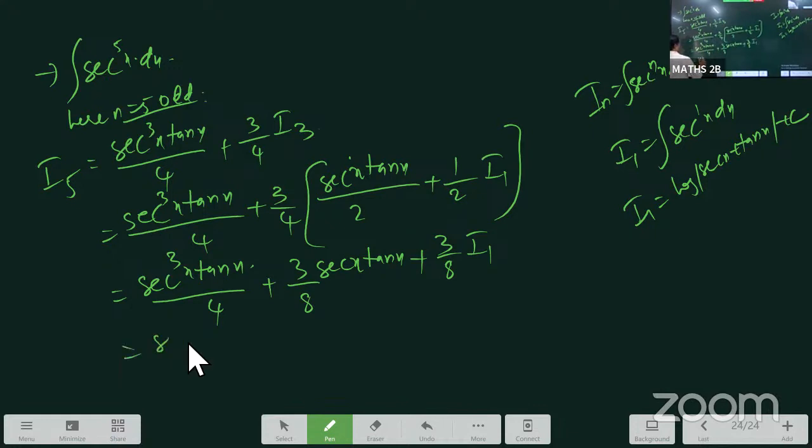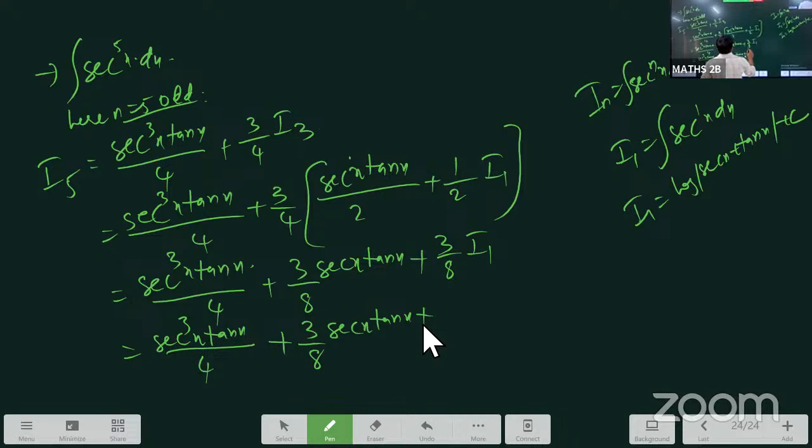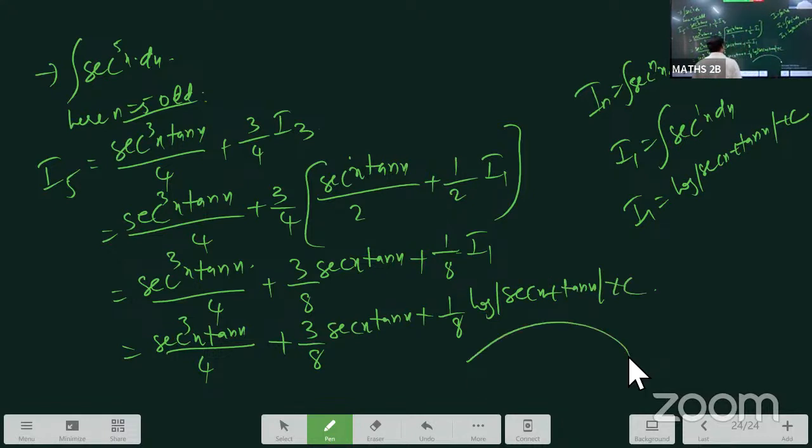So that is nothing but secant cube x tan x by 4 plus 3 by 8 secant x tan x plus, so this is 1 by 8 only, 1 by 8 I1. So 1 by 8 log mod secant x plus tan x plus c. This is your integration of secant power 5 x dx. Is it clear? Next, let us do for